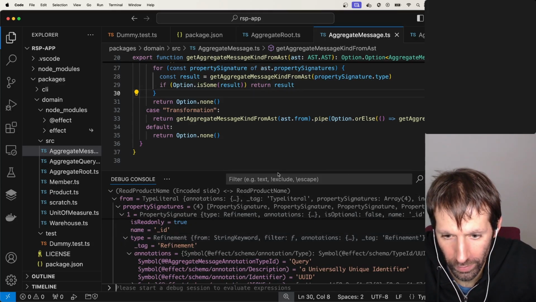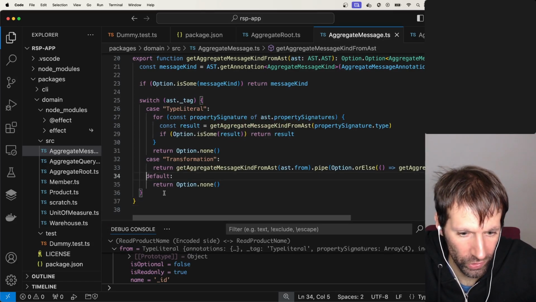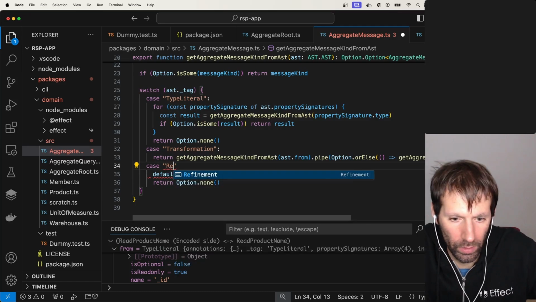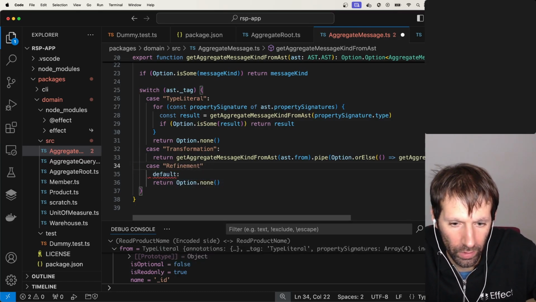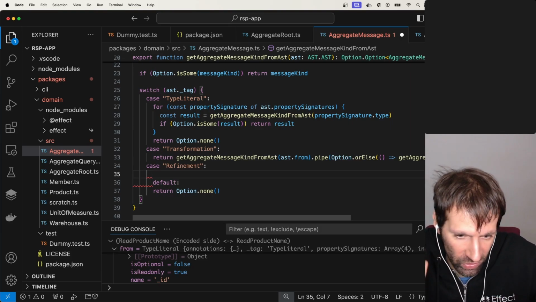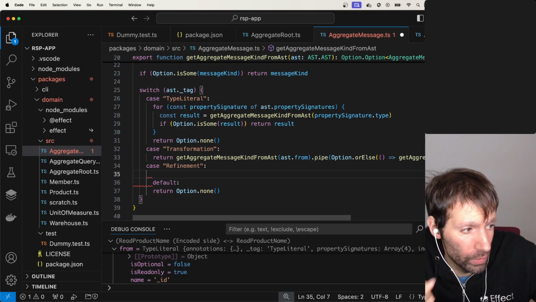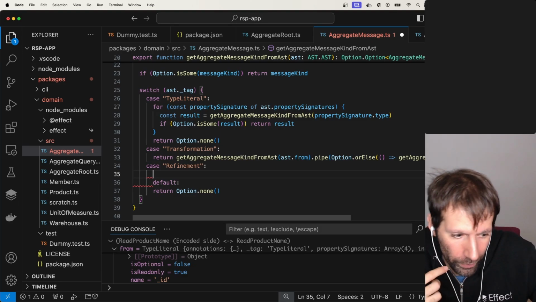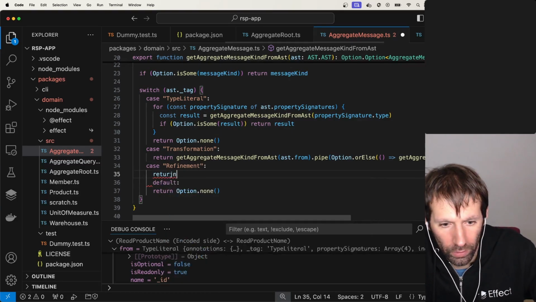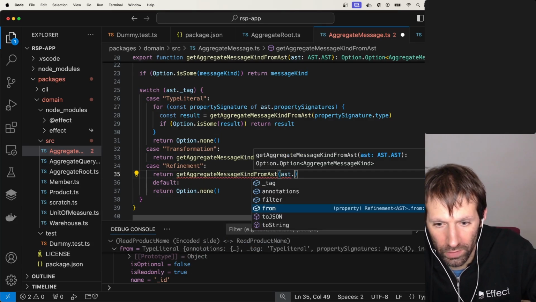Refinements, we have refinements. And refinements are really easy, because a refinement in Effect Schema is basically just a check over the structure. The structure doesn't change shape in any way, it's only an additional runtime check. For example, a UUID is a string that has some kind of format, so you can put a check on the format. What we do is just get aggregate message kind from the AST,